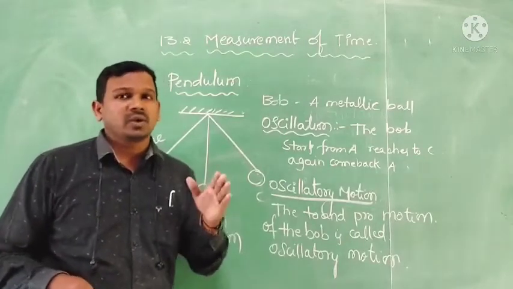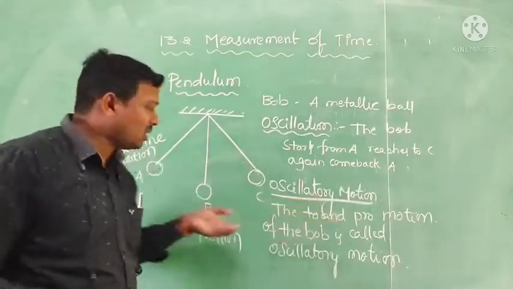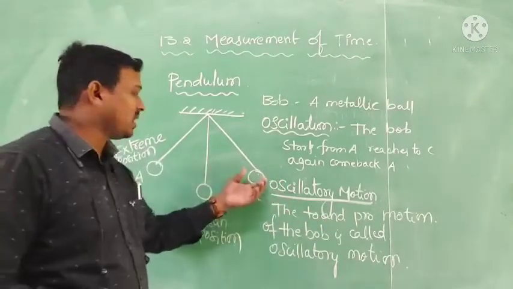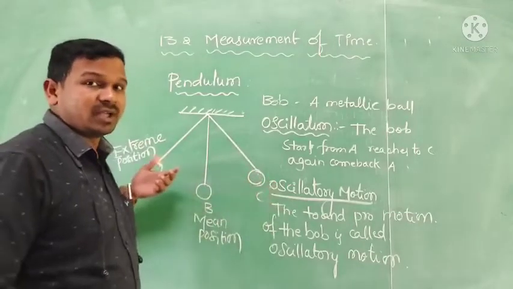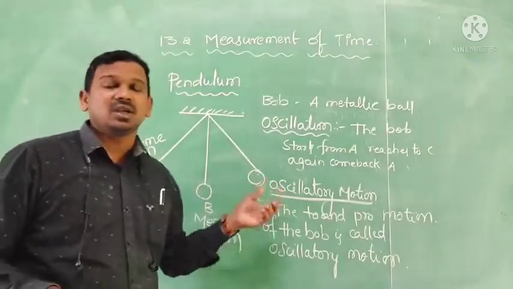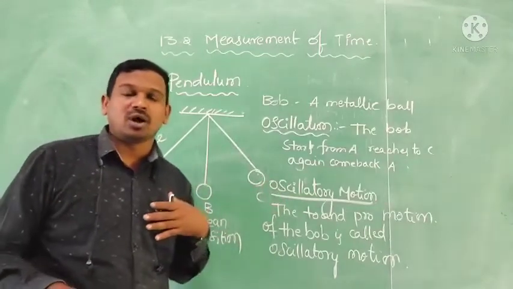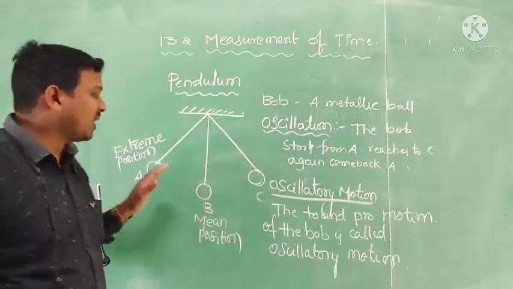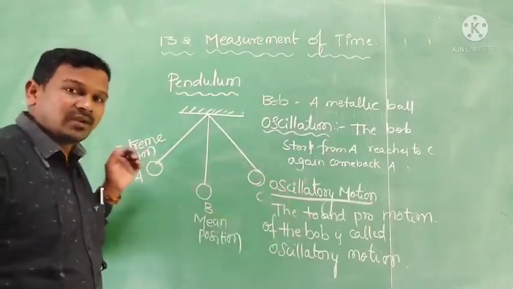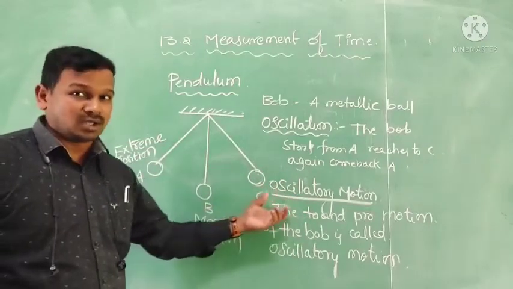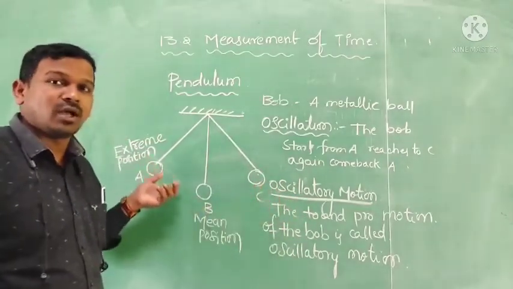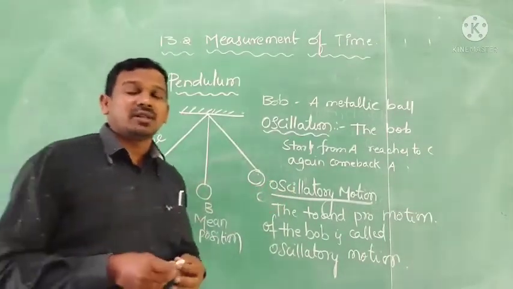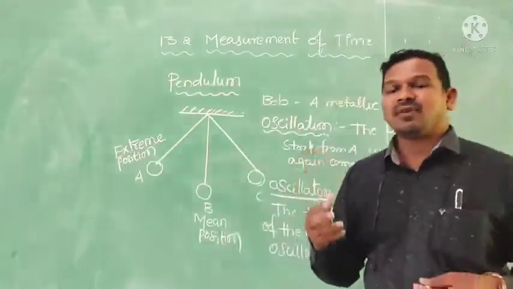So he noticed that this pendulum completes equal oscillations. The 12 heartbeats correspond to 10 oscillations, or we can say 10 oscillations are equal to 12 heartbeats. Like that, with the help of Galileo Galilei, we came to know that the pendulum can give equal intervals of time. The periodic, oscillatory motion gives equal intervals of time, so it can be utilized in the manufacturing of watches and clocks.